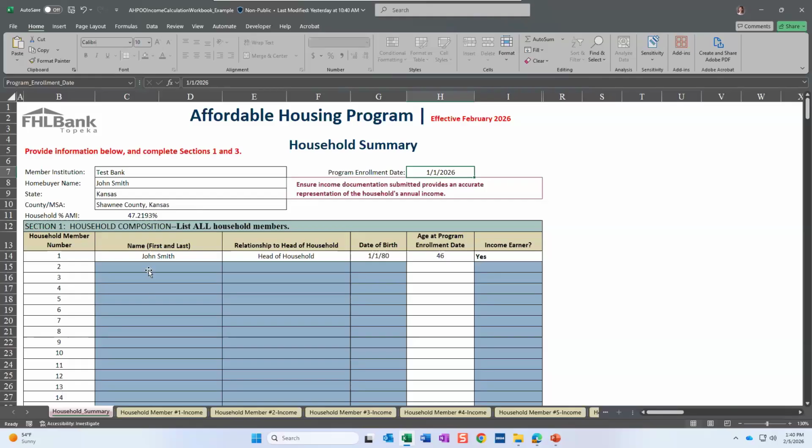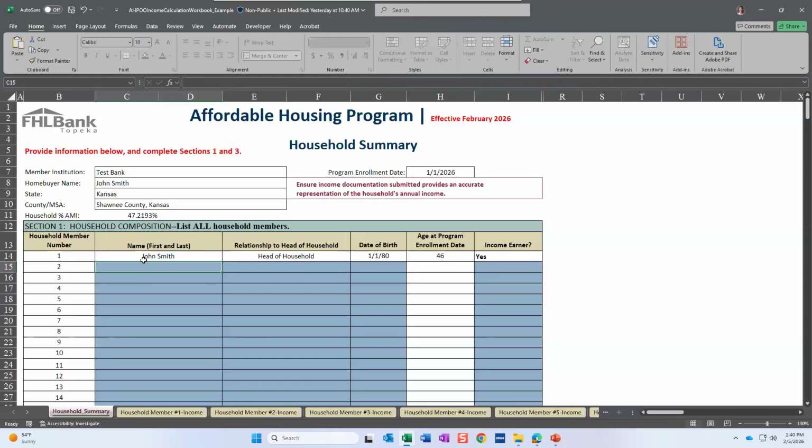Okay. Household composition. This is where you're going to list all individuals who live or will live in the home. This includes minors. So you want to make sure this list is everybody who is or is going to live in the home. This makes sure, again, our income limits are correct. Our document has all the USDA income limits built into it. You can see this is already spitting out an AMI percentage for me. It's doing the math for me.